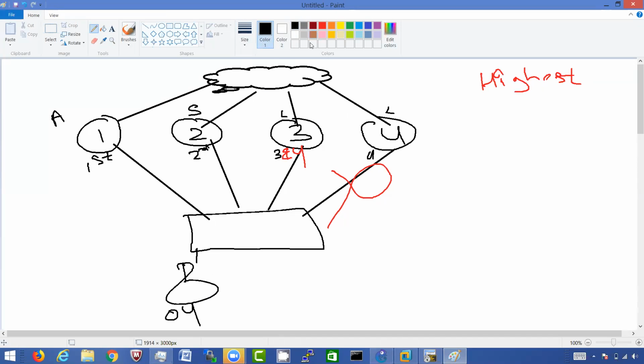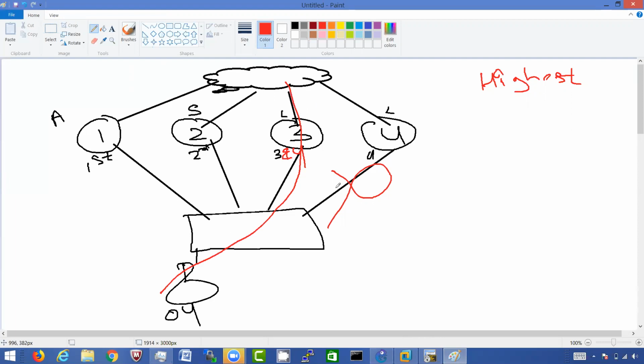his traffic will be going via R3. Why? Because R3 has taken the responsibility of the fourth forwarder. So now this user traffic will go via R3. Because if R3 won't take the responsibility, that means this user cannot communicate with the internet. So if this user needs to communicate with the internet, some of the routers need to take the responsibility